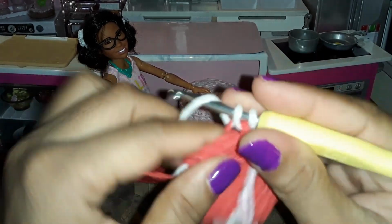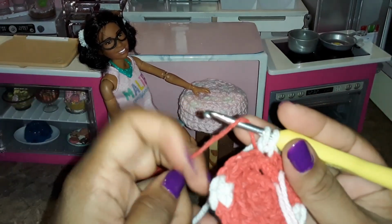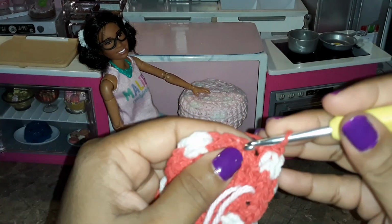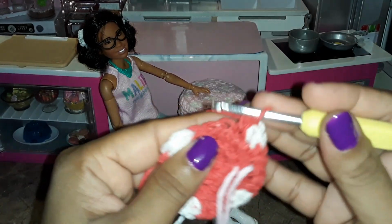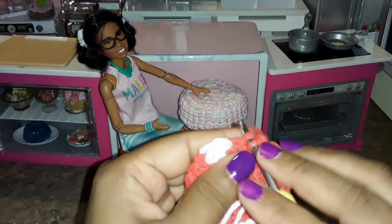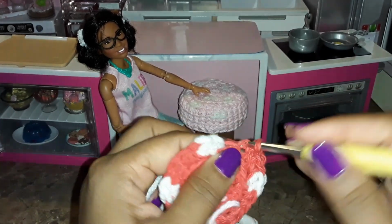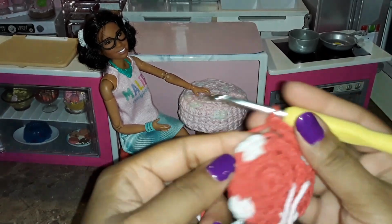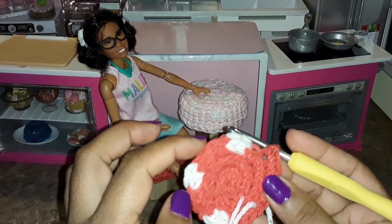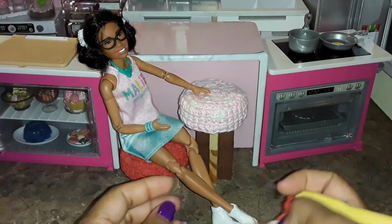So we do 2 here, 1 and 2. We don't finish the last one because we're gonna change into red again, and we do 2 singles and 1 double in this row. Another single, another single, and a double. 1 and 2, and we continue like that through the round, alternating where we add the little white spot. Maybe when I get here I will add another one, or when I get over here, so they'll be alternated